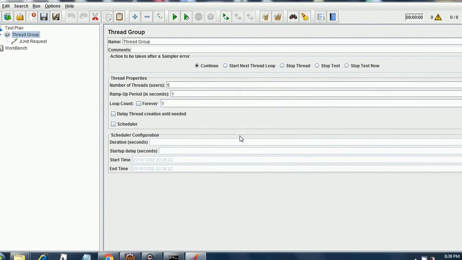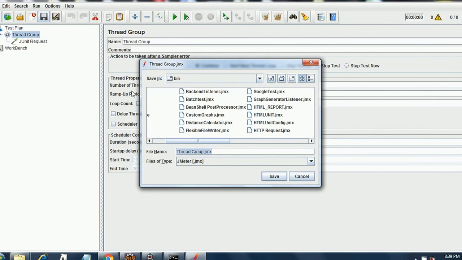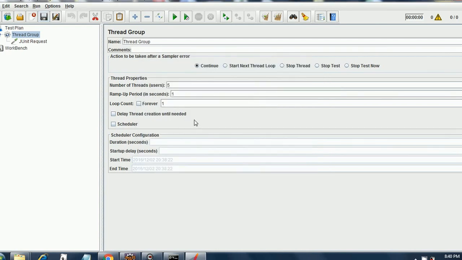Okay, let's give it some different name. HTML unit 2. Since it was already existing, I just created one new JMX file. Now let's run it.